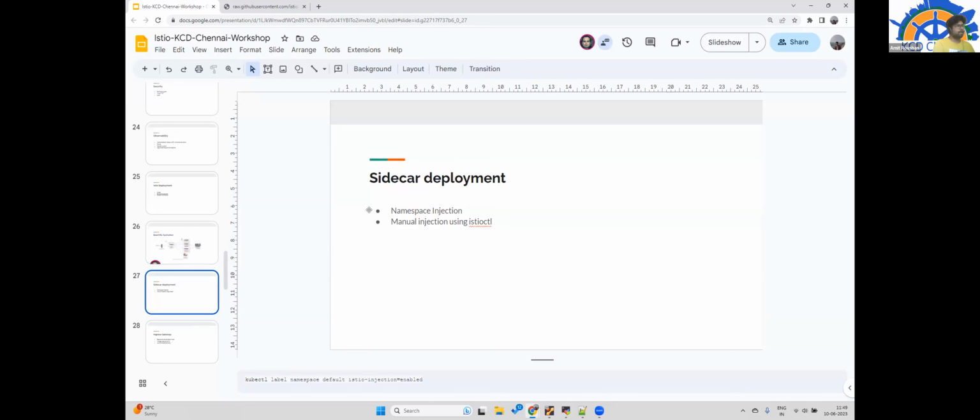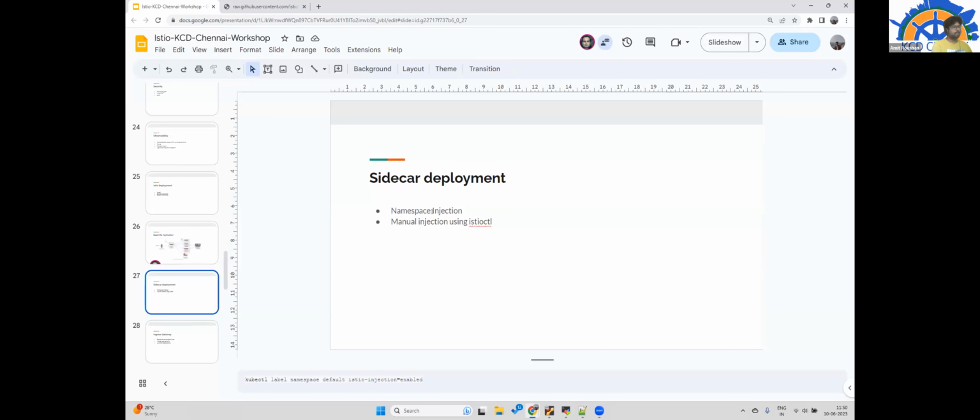One is namespace injection. What we do is add a label to the namespace, and that label serves the purpose that if a namespace has this particular label, all the applications getting deployed inside that namespace will get injected with the sidecar.